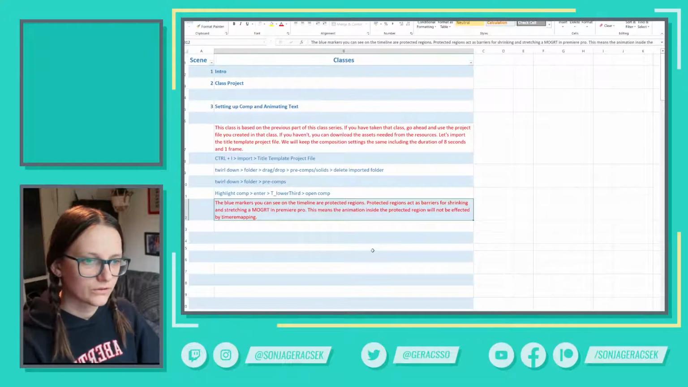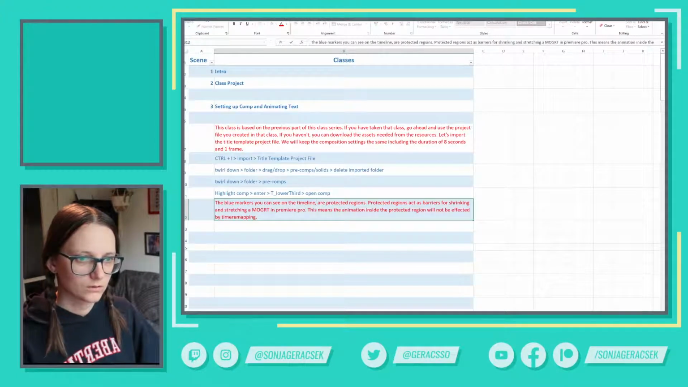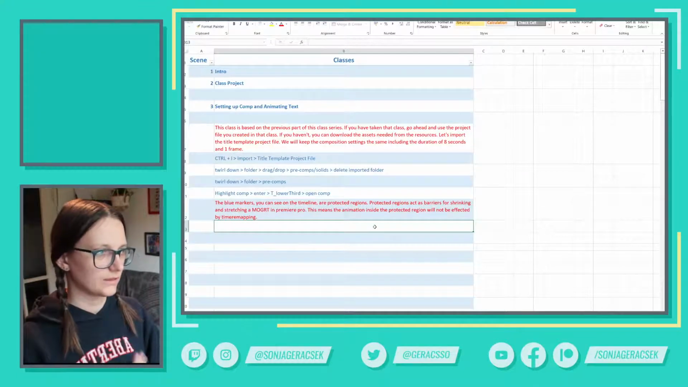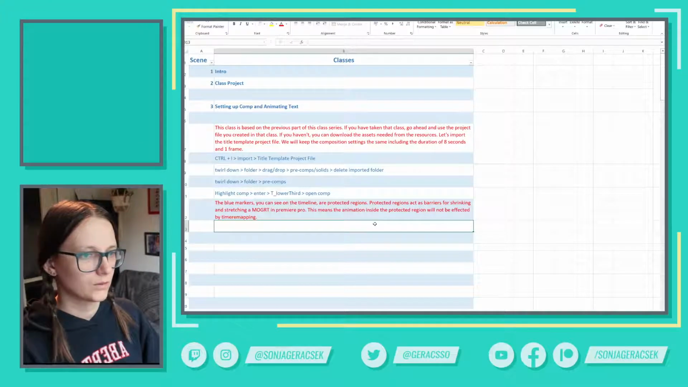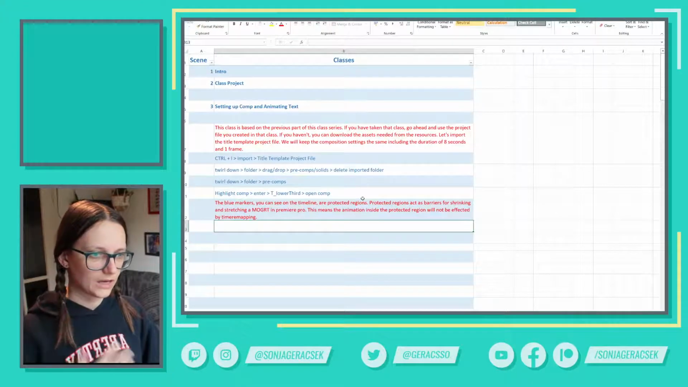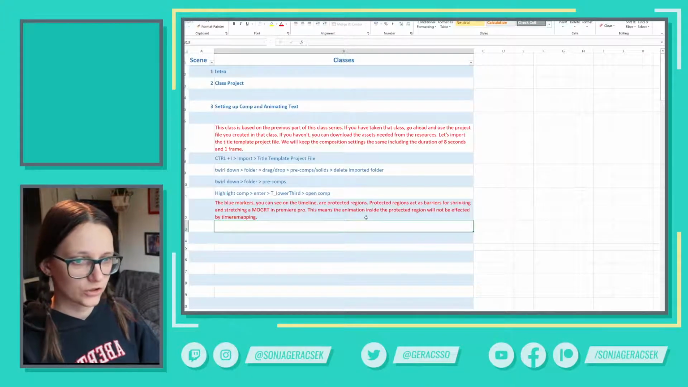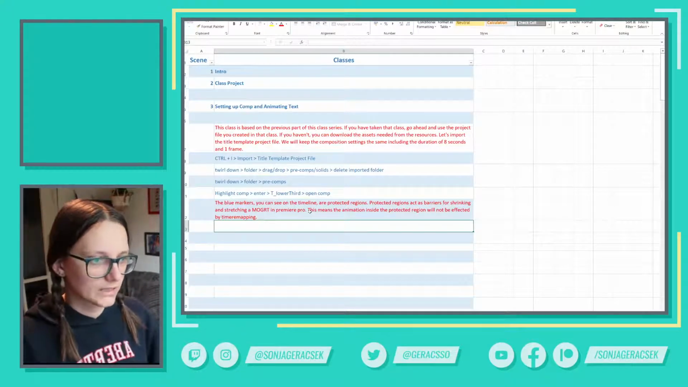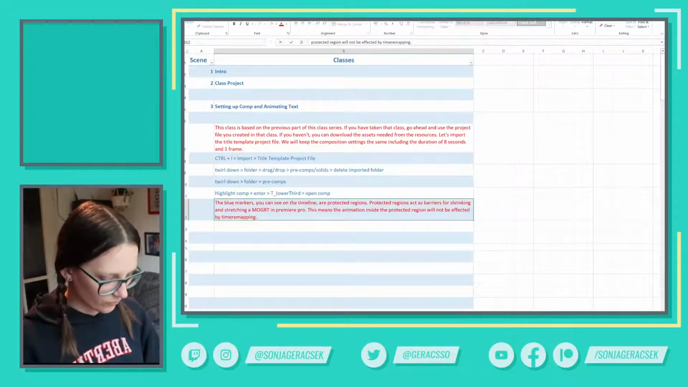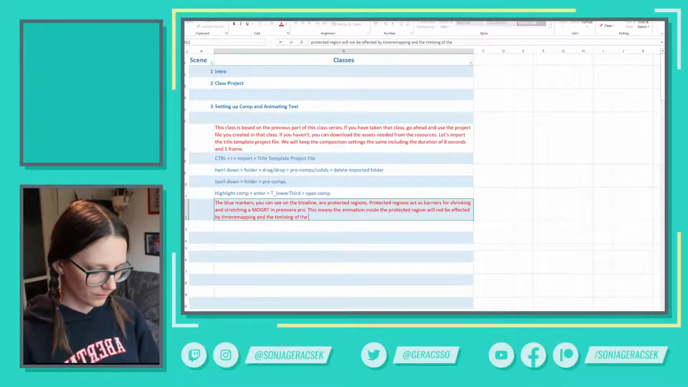So the blue markers you can see on the timeline are protected regions. I should probably add commas just so I can read that in a nice flow. I also tend to read what I've written out loud so that it sounds okay in my head and for listeners. Protected regions act as barriers for shrinking and stretching a mogurt in the project in Premiere Pro. This means the animation inside the protected regions will not be affected by time remapping, and the timing of the keyframes will stay the same,